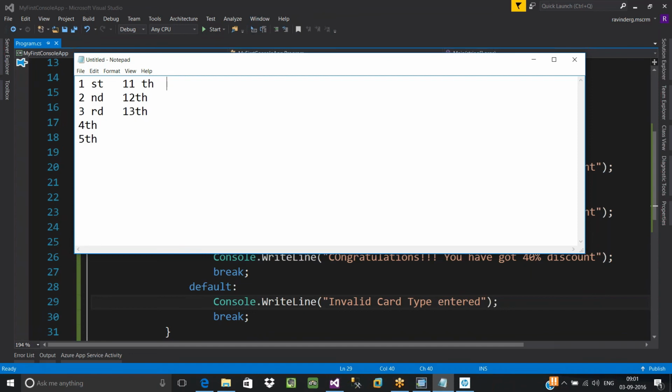Next, if it is 21, we read it as 21st, 22nd, 23rd, and the rest will be TH: 24th, 25th, 26th. Next, 31st, 32nd. RD or ND?